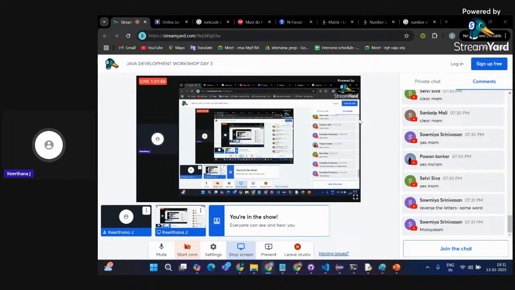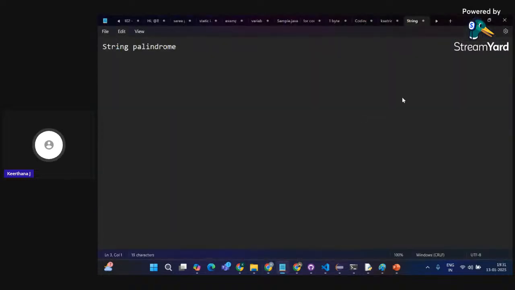So you're from Kerala, Soumya. Okay, so see, I want to check if a given string is a palindrome or not. Palindrome in the sense, for example, I'm given a word. When I reverse the word, it should be the same as my original word. For example, if my input is RACAR, when I reverse it, it is again going to be RACAR only. So this is going to be my palindrome.